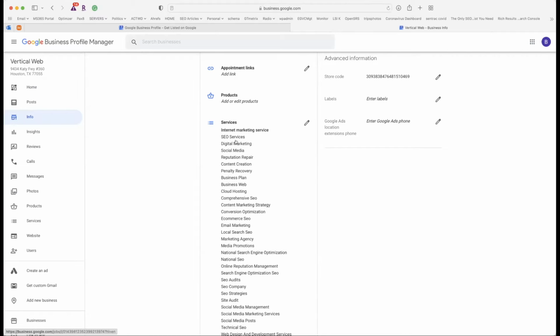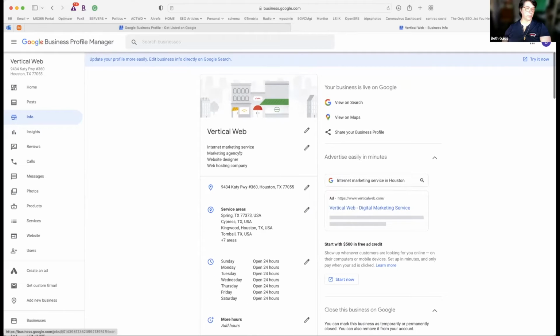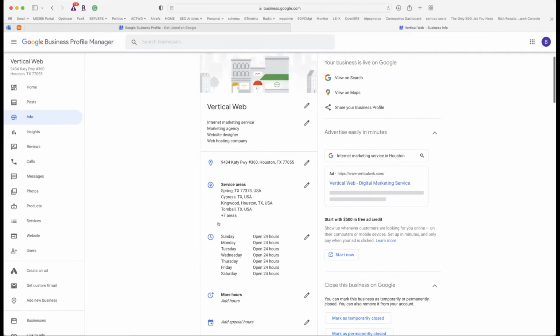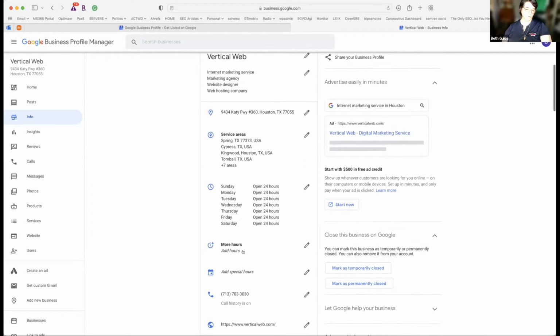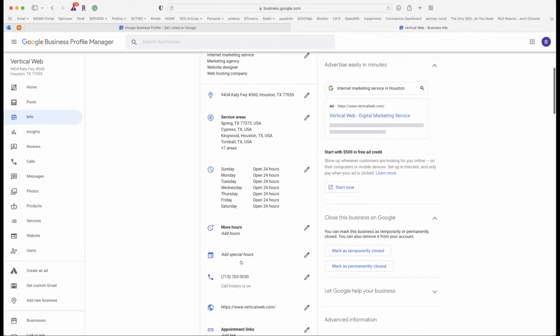Okay. This service tab is secondarily important as the category for the business, and I'm going to explain why in just a second. I just want to make sure you understand how to fill this all out. Make sure you put your hours in. My business is 24/7 because of the hosting end of the business. So we say we're a 24-hour business.